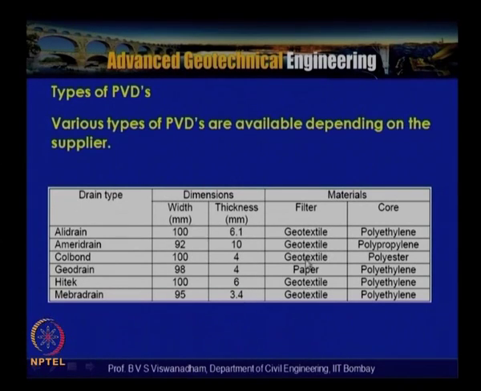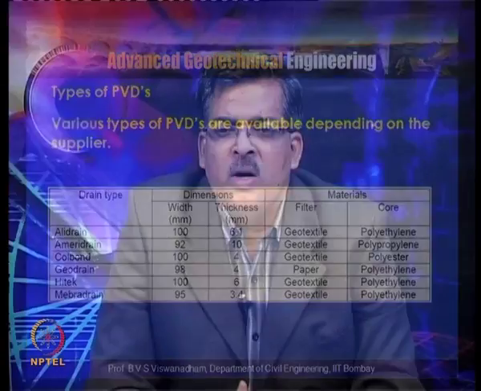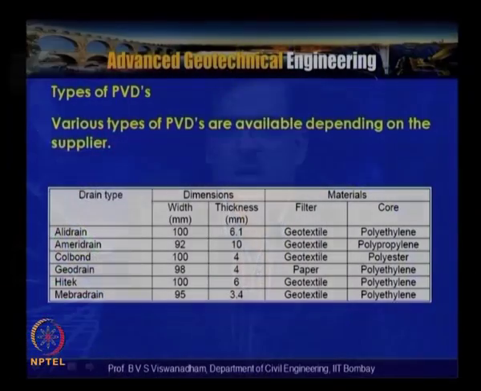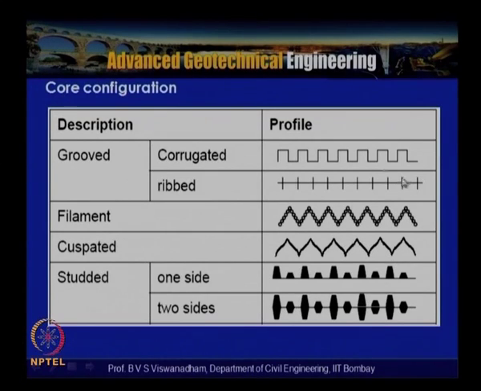So you can see that different geotextile filters are there, and in case of some limited life geosynthetics are used, like jute, which can also be used as a filter, and in place of the core in case of limited life geosynthetics, several investigators have also worked on coir as the core within the jute jackets. And these are the different core materials, polyethylene and polyester, and these different core configurations are shown here.